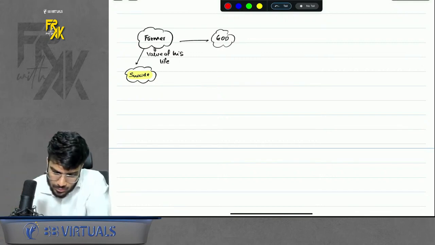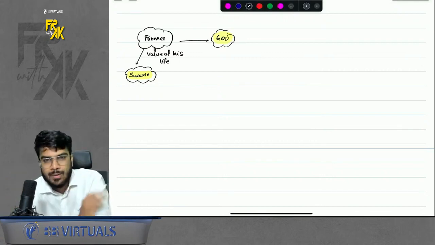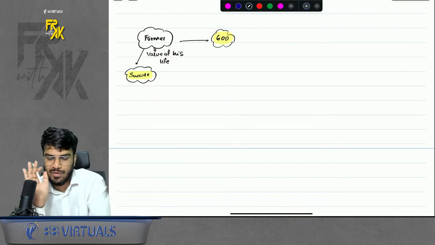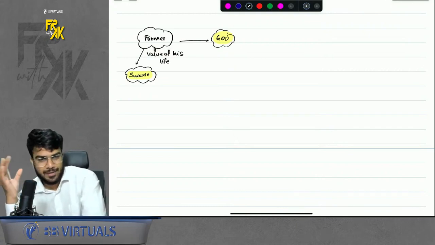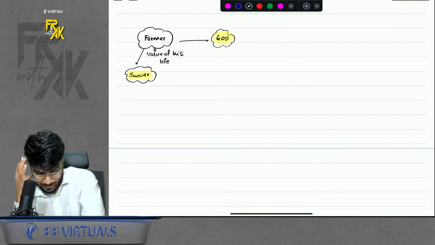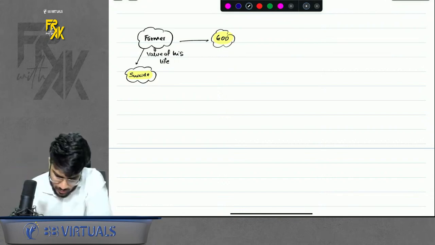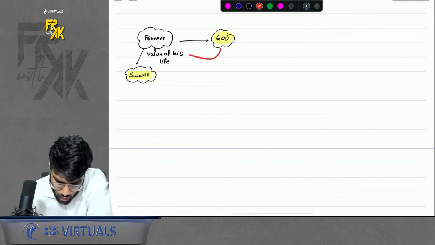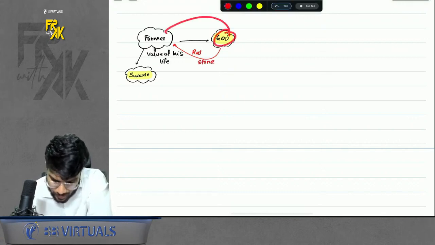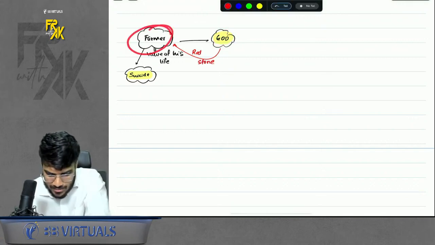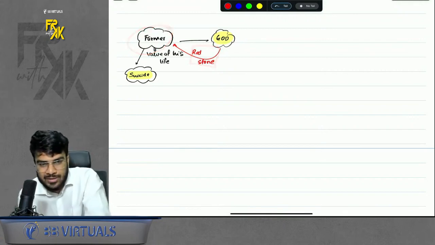Right? So God said, okay, if you want to commit suicide, of course you can. No one will stop you. But before committing suicide, just do one work for me. You can do one work for me, right? So the farmer said, okay, I'll do it. So God gave him a red stone and told the farmer that, please find out the value of this red stone